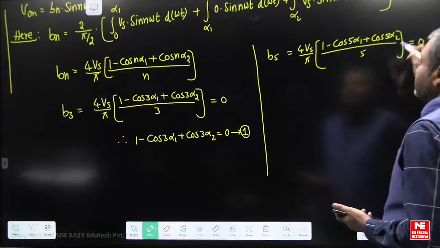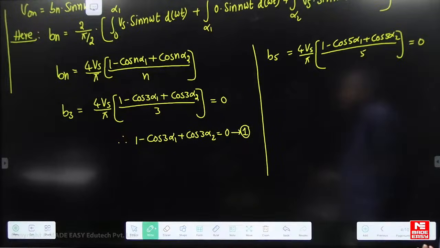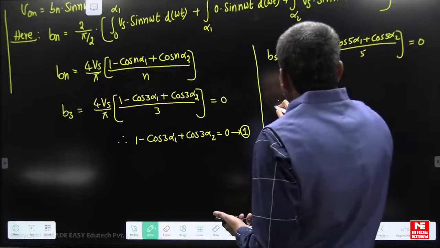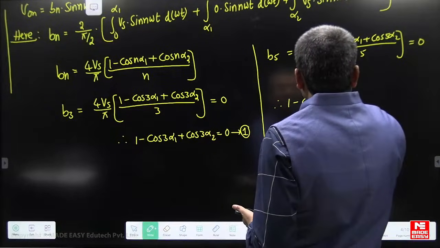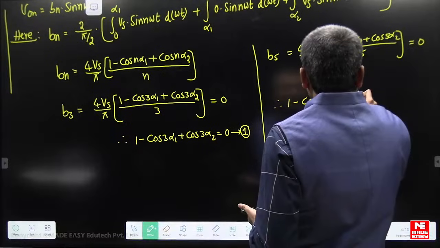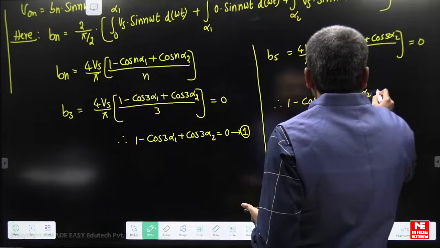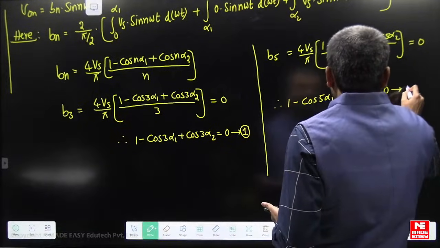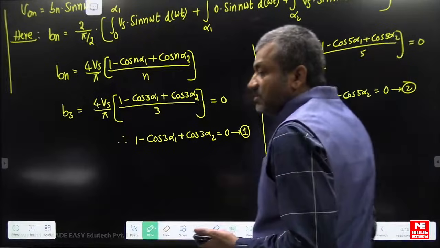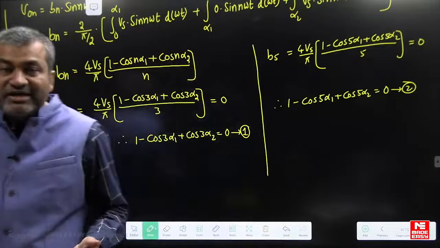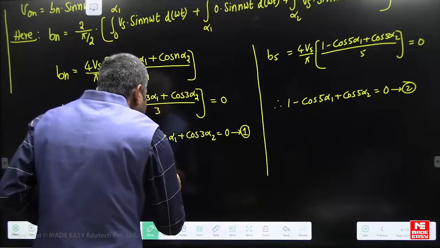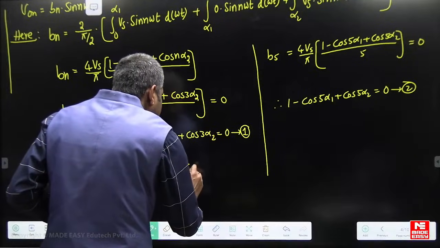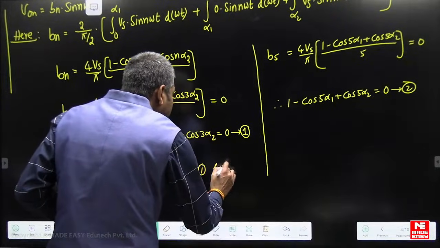Equate this to 0 because I want to eliminate the fifth harmonic also. So, therefore, 1 minus cos of 5 alpha 1 plus cos of 5 alpha 2 is equal to 0, equation number 2. So, we have to solve equations 1 and 2